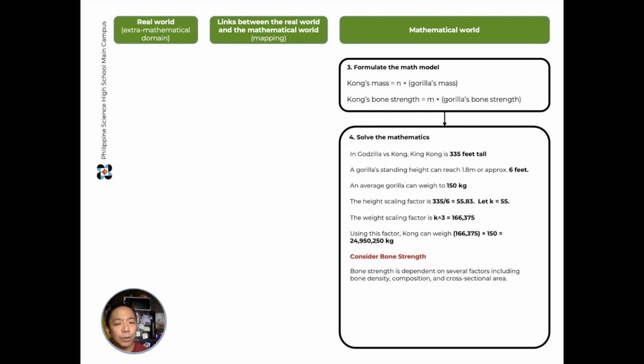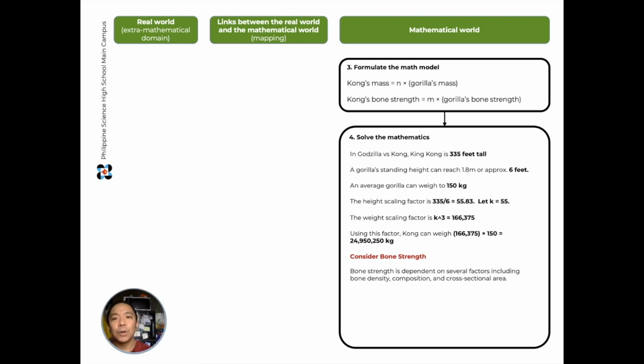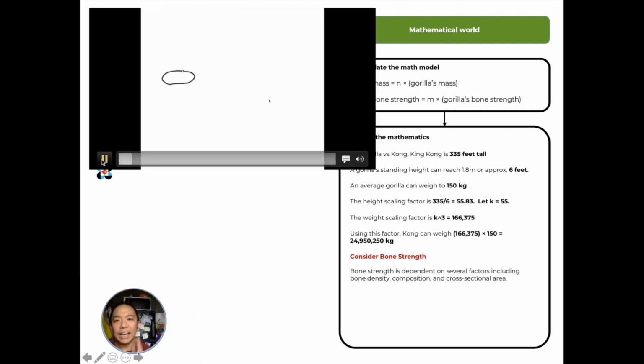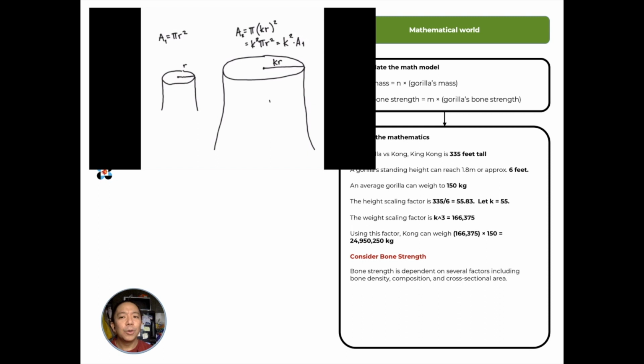So, another factor na magbabago pag nilakihan natin si Godzilla ay yung cross-sectional area ng buto. Ano yun? So, let's say I have this cutaway ng isang bone and kunyari bilog siya. Yung cross-sectional area niya, yung area sa taas, it's pi r squared kung r yung radius. Kung pupunta tayo kay King Kong at magsiscale tayo ng isang dimension by k. So, ang bagong radius nung bone niya ay kr, ang cross-sectional area nung bone ni King Kong will be approximately